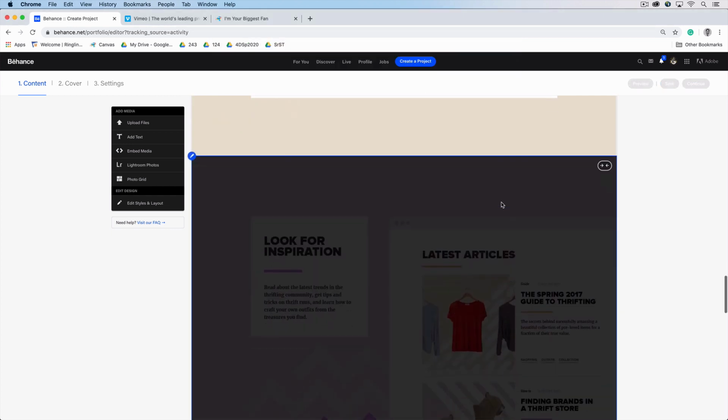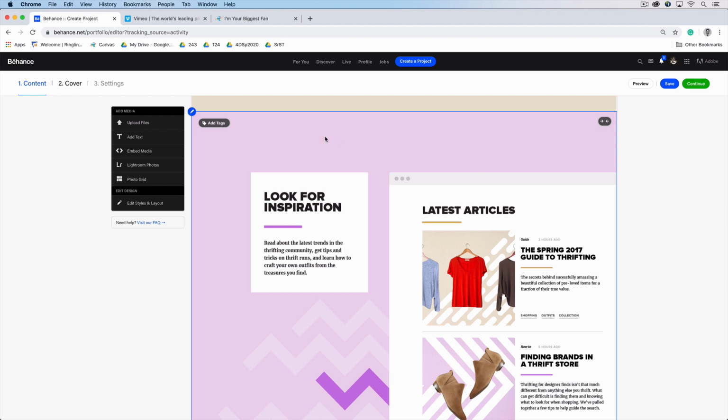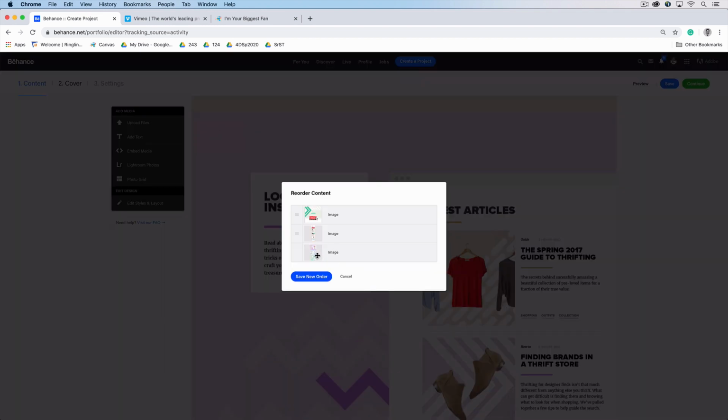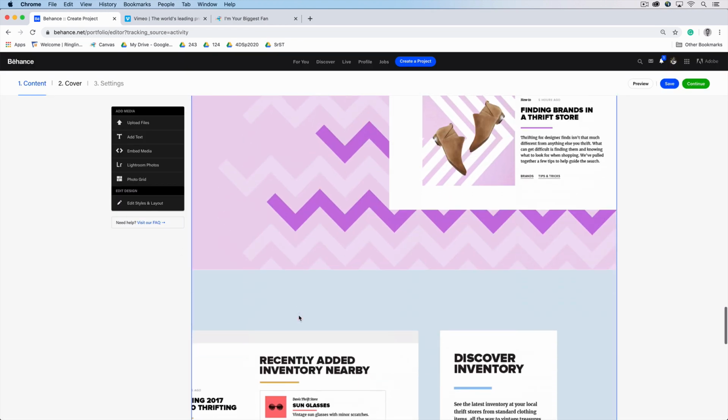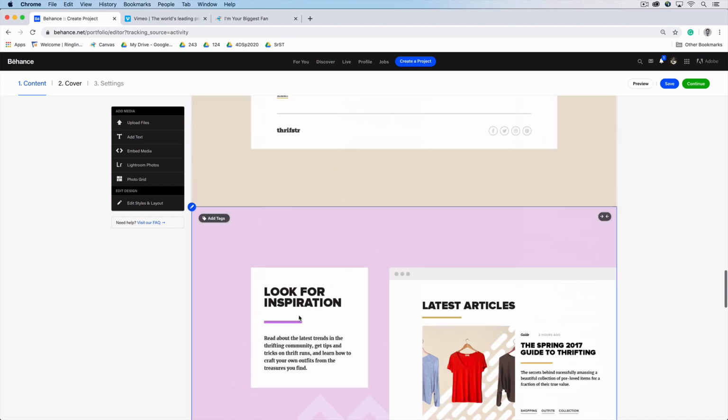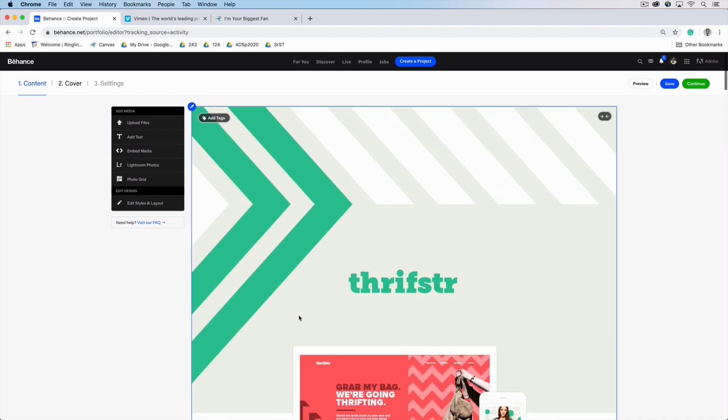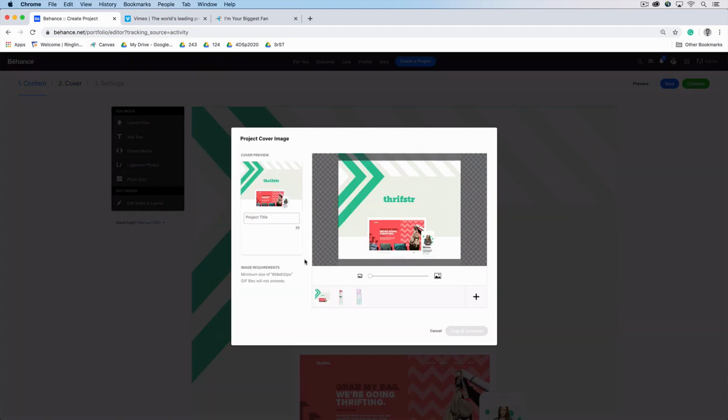So I'm going to upload another one. And one other little thing, if you need to edit, so if I need to replace this or delete it, it's right under the little pencil tool. And if I need to reorder it, I can simply hit reorder and then save that new order. So I go on to upload my 6 graphics, and once I'm done, I want to come to cover, and